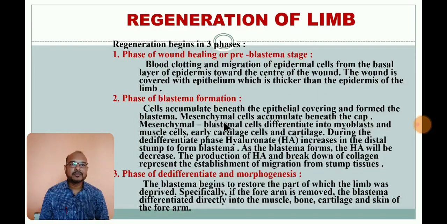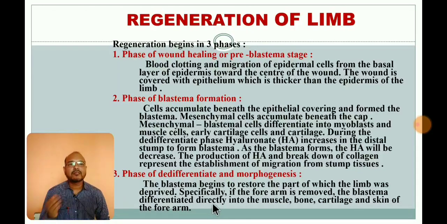In the phase of blastema formation, cells accumulate beneath the epithelial covering and form the blastema. Mesenchymal cells accumulate beneath the cap. The mesenchymal blastema cells differentiate into myoblasts and muscle cells, early cartilage cells and cartilage. During the de-differentiation phase, hyaluronate increases in the distal stump of the forming blastema. And the third, the phase of de-differentiation and morphogenesis, the blastema begins to